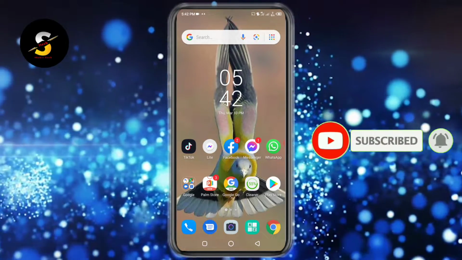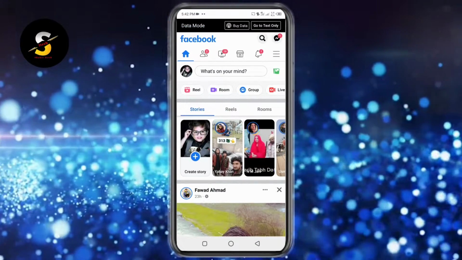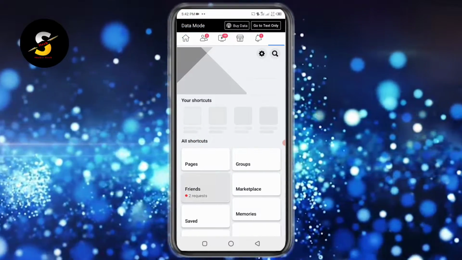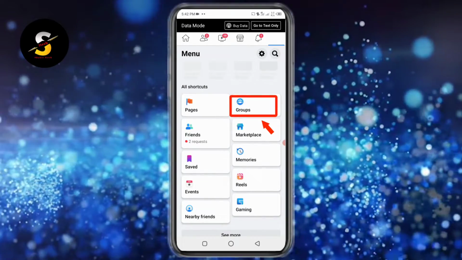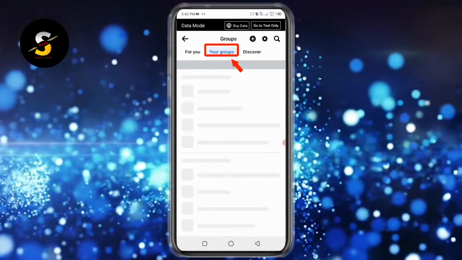Now let's start. So first of all, we will click on our Facebook app. Now Facebook is open, and here we will click on this three lines in the corner. Now scroll down and click on the groups option. Here we will click on your groups option,